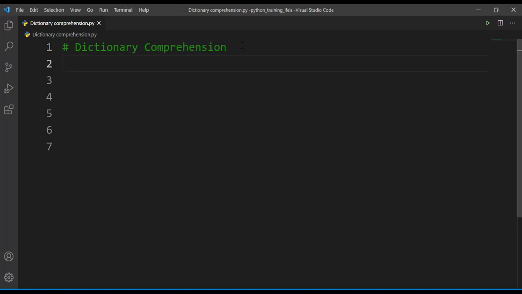So what is the syntax for this dictionary comprehension? Let's understand the syntax first. When I say dictionary, curly braces should come to your mind. So key, colon, value pair, and for key, comma, value, this is the for loop we are making use of here, in iterable. So this is the syntax for dictionary comprehension. When you want to create a new dictionary, this is the syntax you need to use.